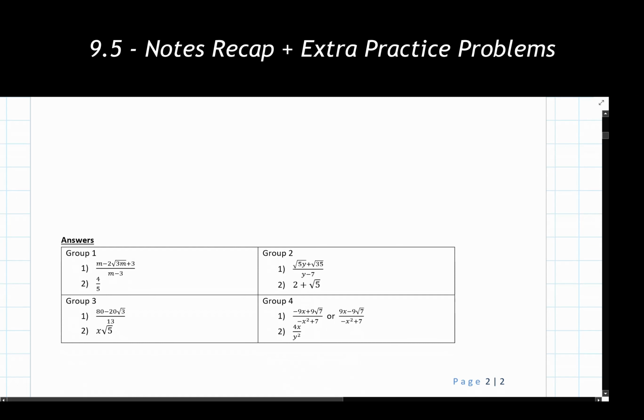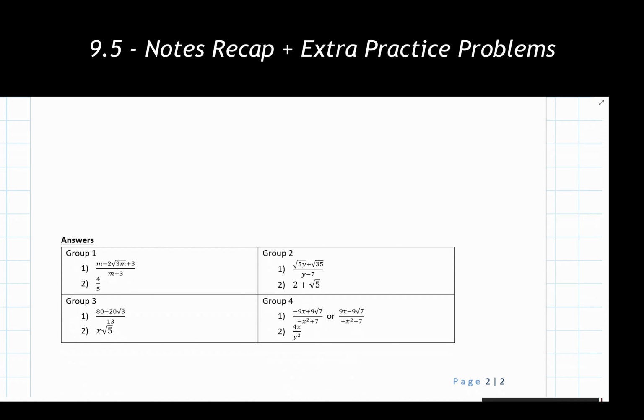So we have our answers showing up right here. Now a couple of things to note with a couple of these answers, specifically looking at group 4 number 1. There are a couple different ways that you could write or organize this. It depends on if you want to factor a negative out from the denominator spot or not. It all depends on what you are using to go through and simplify your values down. So just be aware that your answer might look slightly different from the answer key you're looking at, but it still means the exact same thing. But otherwise, that's everything for our 9.5 material.